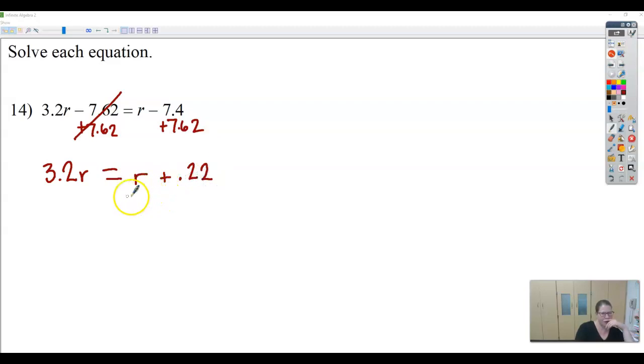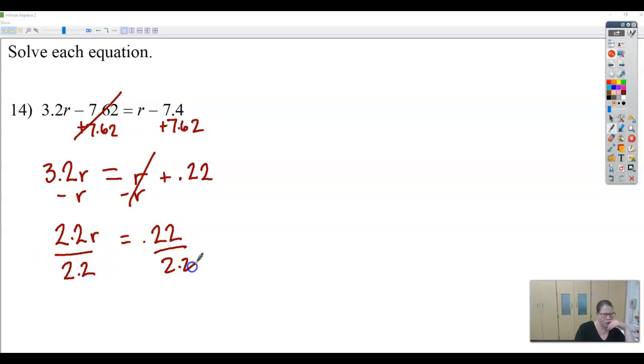Now I'm going to go ahead and move my R over here. Remember, it's a 1R if I don't see a number in front of it. So 3.2R minus 1R is 2.2R equals 0.22. Divide both sides by 2.2, and R equals 0.22 divided by 2.2, which is just